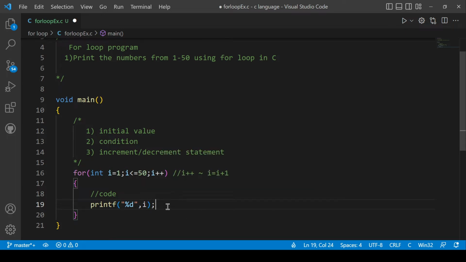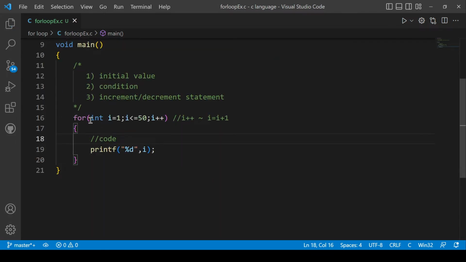variable, so that's I. Here first we will get integer I equal to 1, so I is less than 50, so this condition is true, and the printf statement written here will be executed. Then I will be incremented to I plus 1, that's 2. So next time the value of I is 2, and 2 is less than 50, so again this condition is true, and this printf statement will be executed. And after that again the increment statement will increase the value of I from 2 to 3, so this will go till 50,